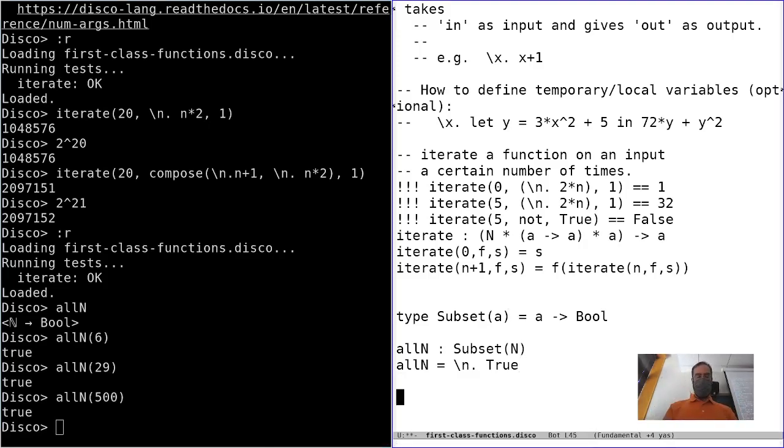Or maybe we could say, evens. If I want just a set of all even natural numbers, then that should correspond to the function that takes a natural number and tells us, is it even or not? If it is even, then yes, it should be in there, and if it's not even, then it's not. So we could just say, well,